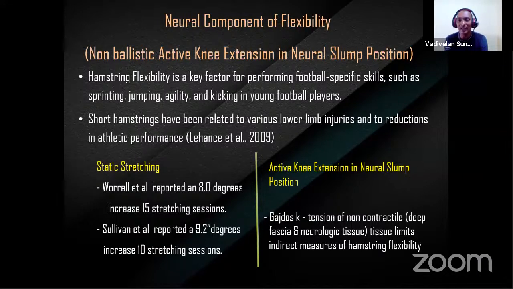Okay. So not only is this enough. Because your muscle is not the only limiting factor of your joint movement. Okay, your fascial tissues and your neural tissues also play a role in your flexibility. Okay, so for example, if you take hamstring flexibility, I have not gone through so many muscles.